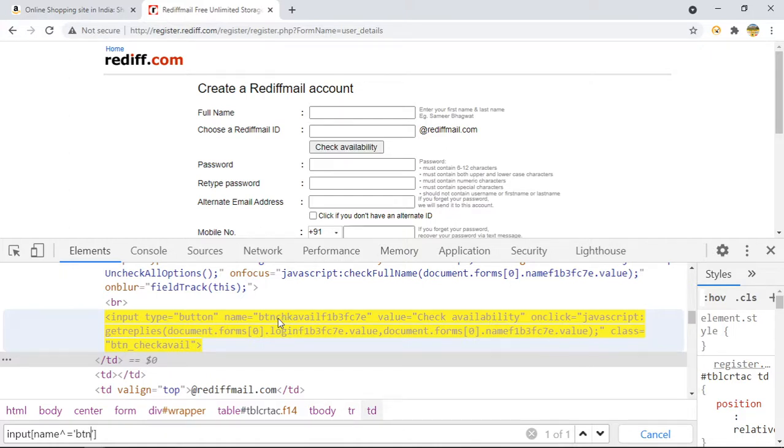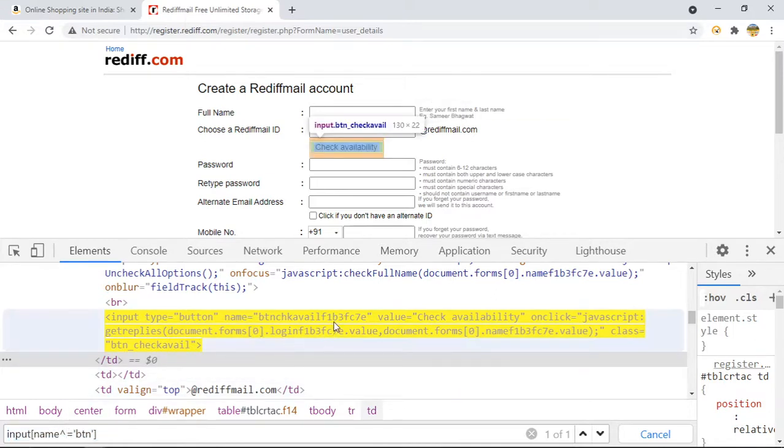So I will provide half of the name, till the part that will not change. So here this part is going to be constant every time. And when you use the driver.findElement dot click method, it will work, right? That will be the same every time. So this is how we can use starts with. Is it clear to everyone? CSS starts with.